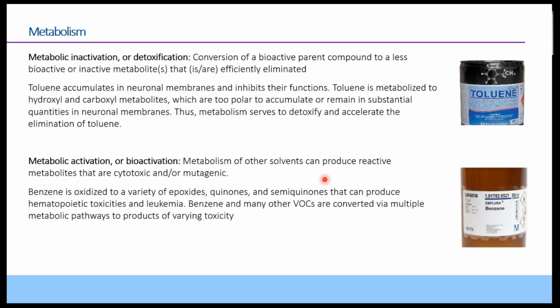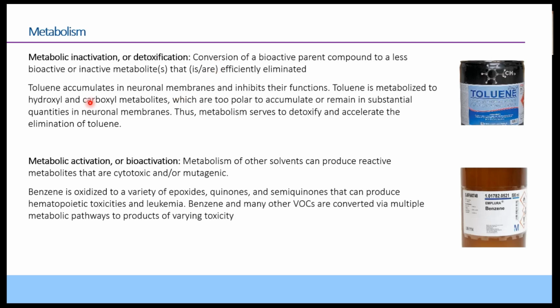So the route of administration also matters when you are administering the chemical to animals in the animal studies. Then moving on to the metabolism part. First, what is metabolic inactivation or detoxification? Conversion of a bioactive parent compound to a less bioactive or inactive metabolite that is efficiently eliminated is called metabolic inactivation or